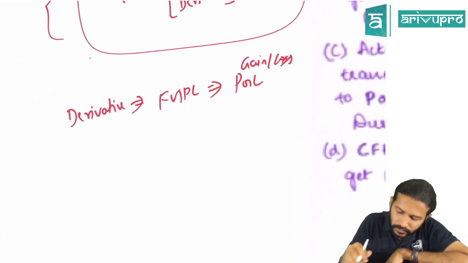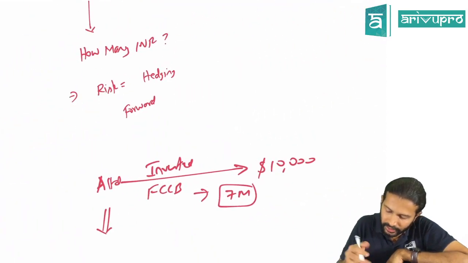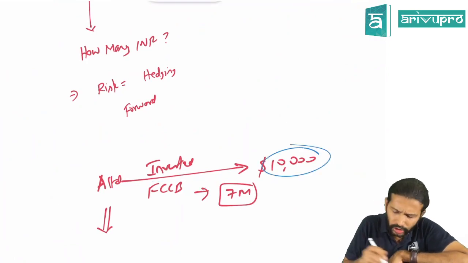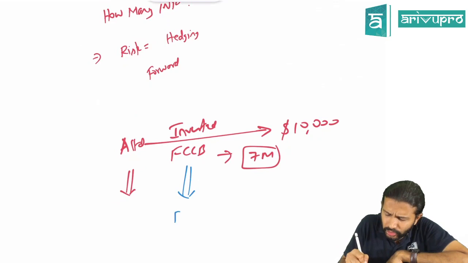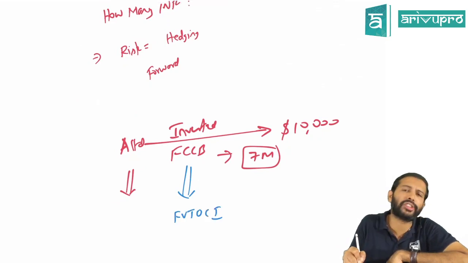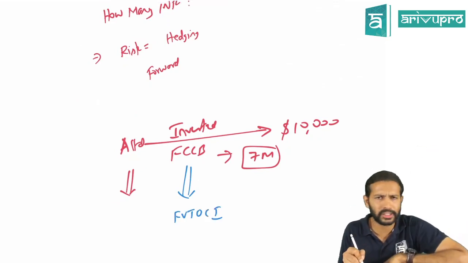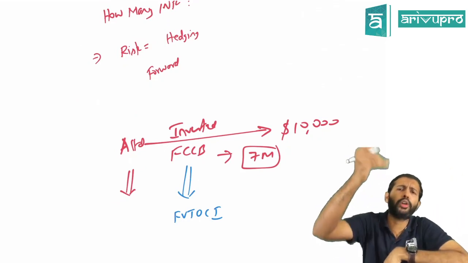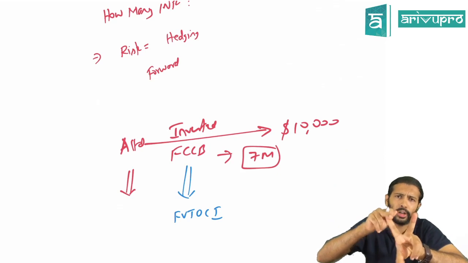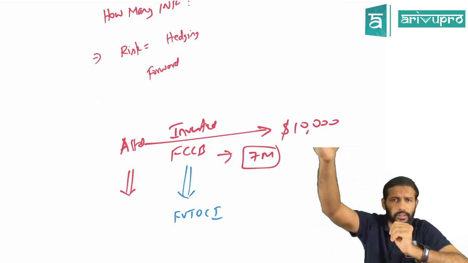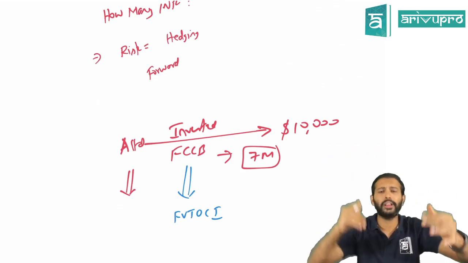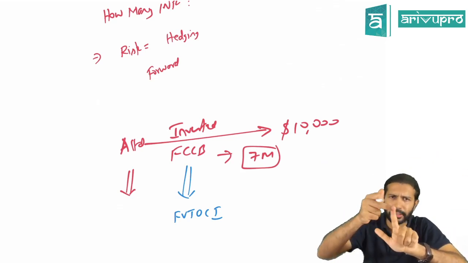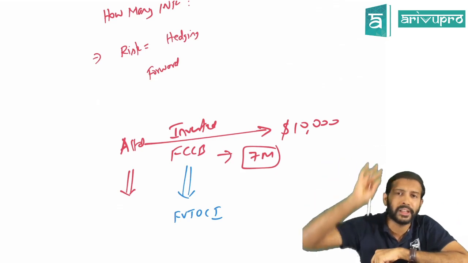Let's say you've invested in this bond, right? A Limited, let's take up this example. A Limited has invested in this foreign currency bond, $10,000. Let's say A Limited is valuing this investment at FVT OCI method, fair value through other comprehensive income. Normally, for these bonds we use the amortised cost method, but if you want to follow amortised cost method, your business model should be to hold it till the contract period, till the maturity, and the contractual cash flow test, the CCF test, should only be interest and principal. It should be a sole payment of principal and interest, we say.